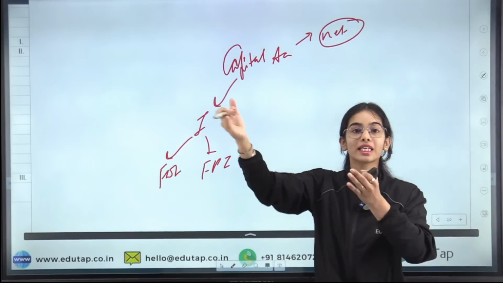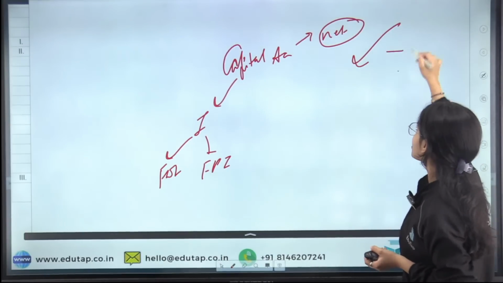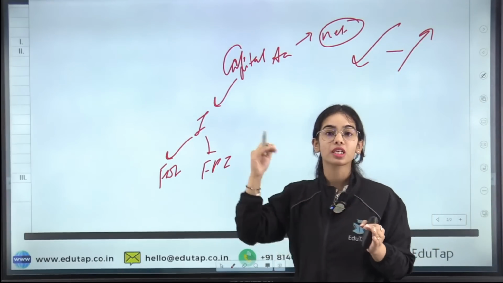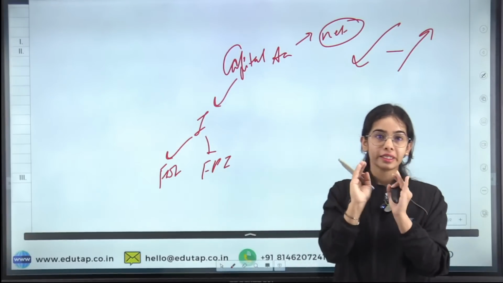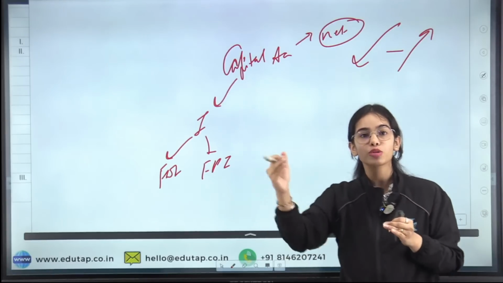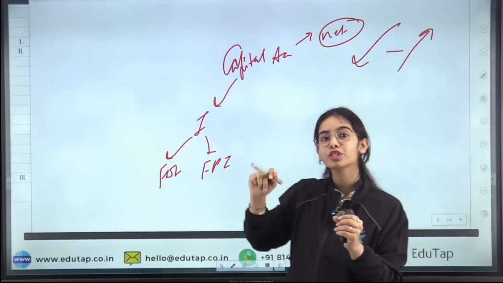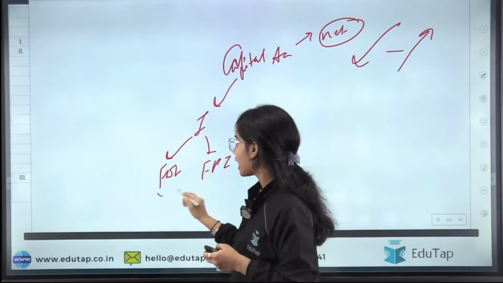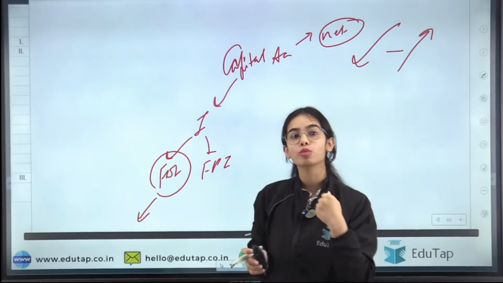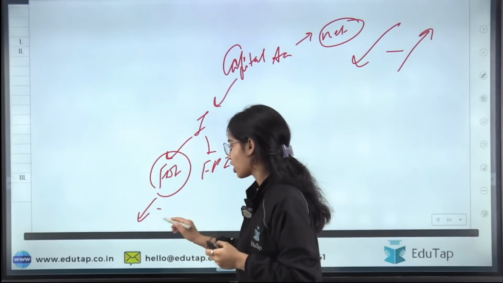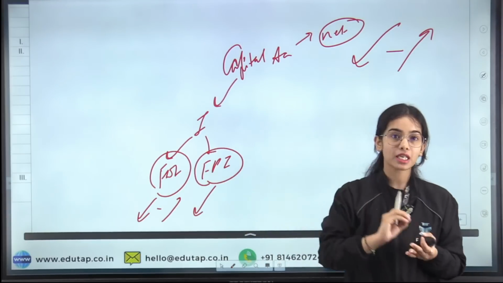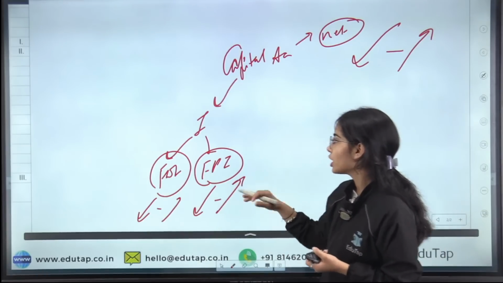Net, I have told you, means how much is coming in minus how much is going out. How many dollars are coming in, minus how many dollars are flowing out. That is the net in the capital account, or net in the balance of payment always means how much is coming into our country minus how much we are paying to outside. So net FDI means how much foreign direct investment is coming into our country minus how much we have to pay to the other countries.